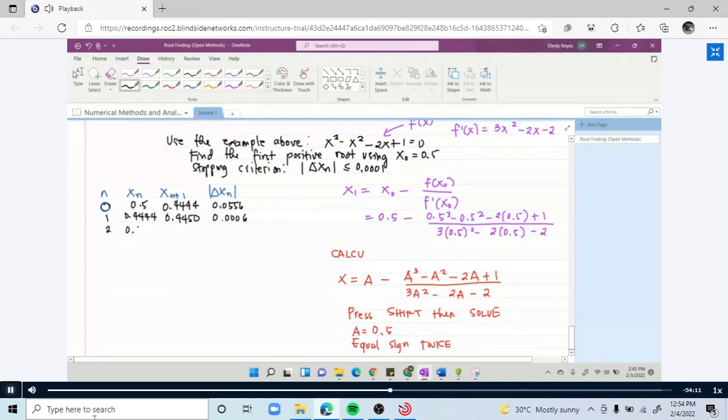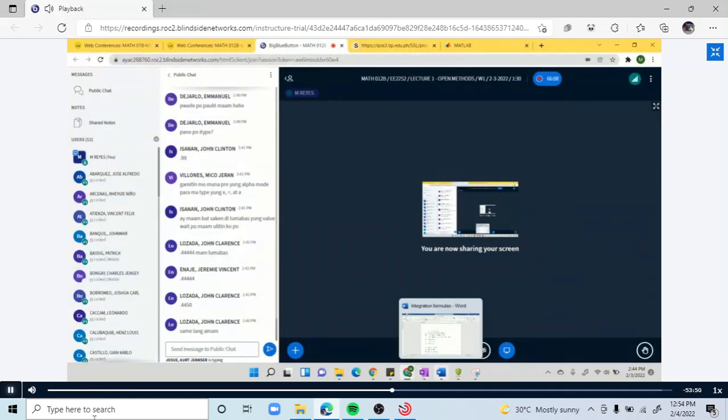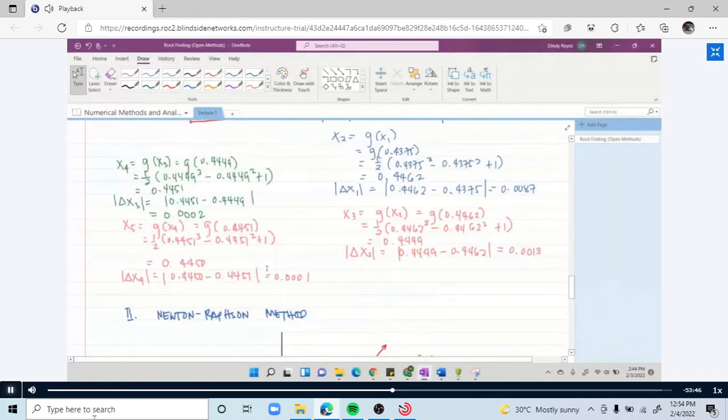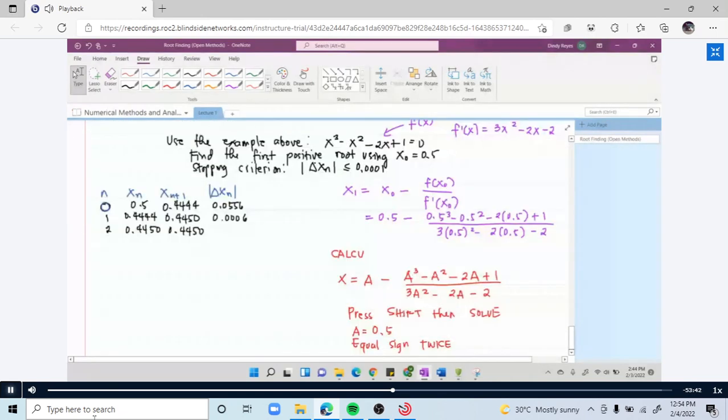So when n is equal to 2, this is 0.4450. And then shift solve ulit, you should be getting the same value. Shift solve ulit, for the value of A, it should be 0.4450. So same value na ulit yan dapat. Same lang, ma'am. Kasi 'di ba, a while ago ang solution natin ano ba? 0.4450 din. Kaya lang dito, nag-converge tayo